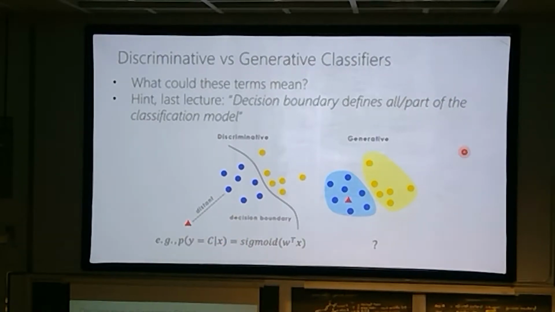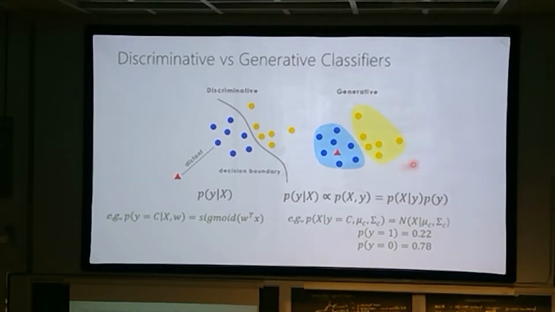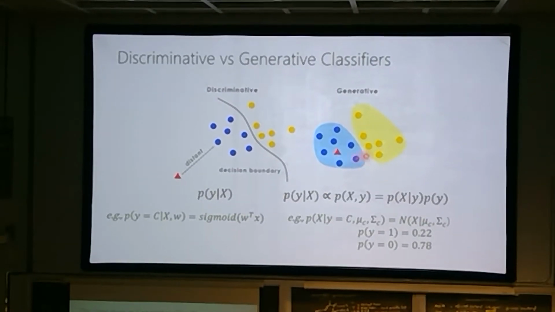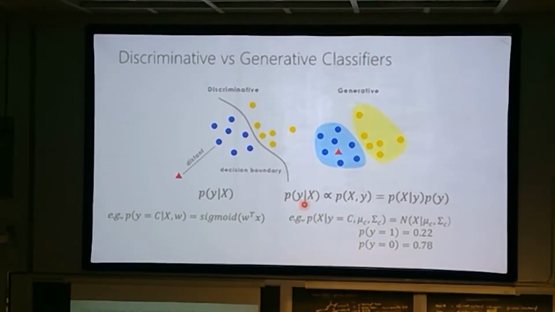So what's a generative model? The generative model is distinctly different in that it is always modeling the density of x and y. And that's a really fundamental difference. It might be confusing, but as we work our way through the lecture, you'll see what I mean and why you might want to do that and what some of the pros and cons are. And typically, even though the way you use it looks like a discriminative model.